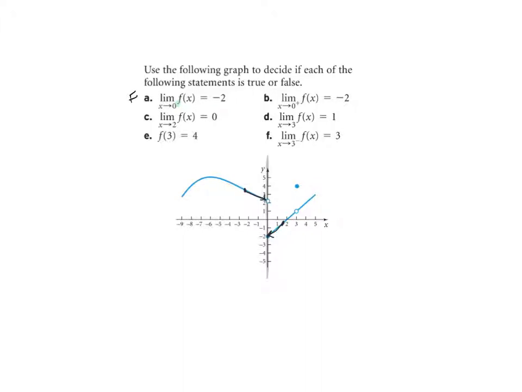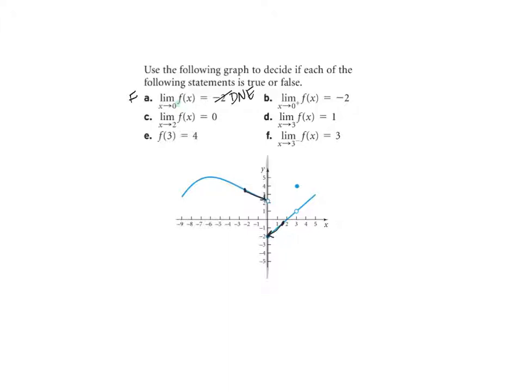How would I fix this? Well, in order to make the answer true, I would either have to change this to the limit as x approaches 0 from the left, right? I could either do that, or if I don't do that, you just say this does not exist. So either one of those would work in terms of making that a true statement.